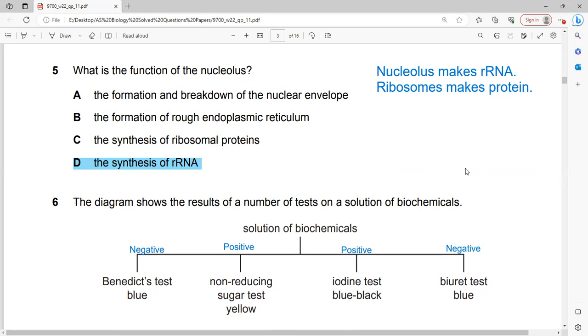While formation and the breakdown of a nuclear envelope, that's a function of other organelles like lysosomes. Formation of the rough endoplasmic reticulum, that's not related. Synthesis of ribosomal protein, so this is the function of the rough endoplasmic reticulum or the ribosomes. So here,